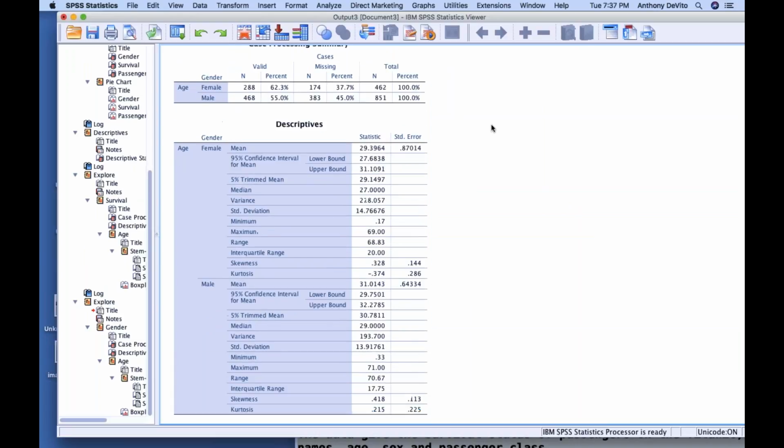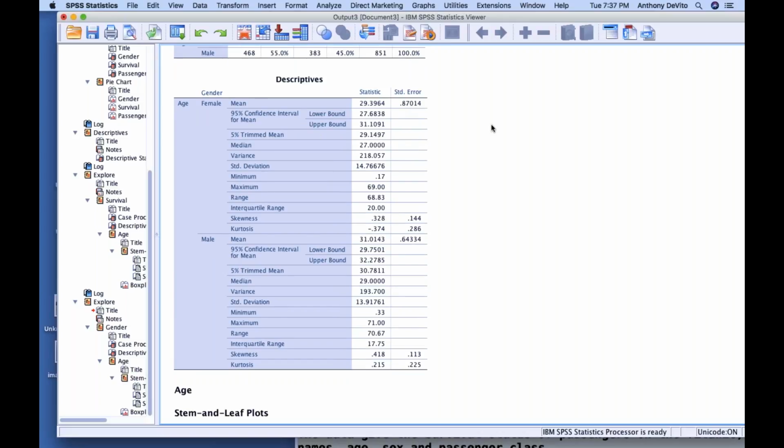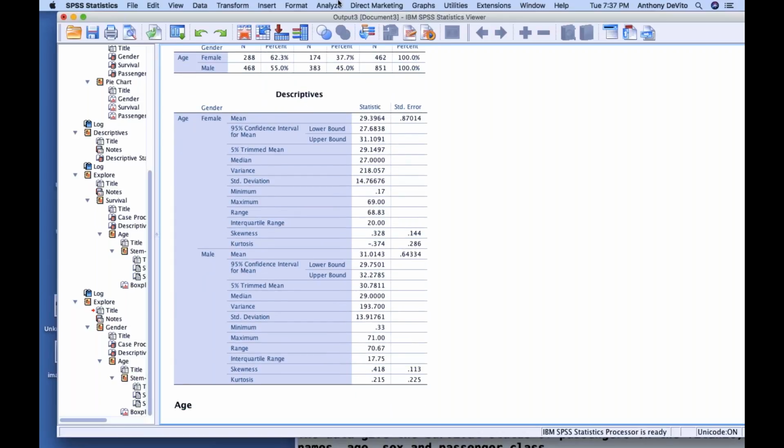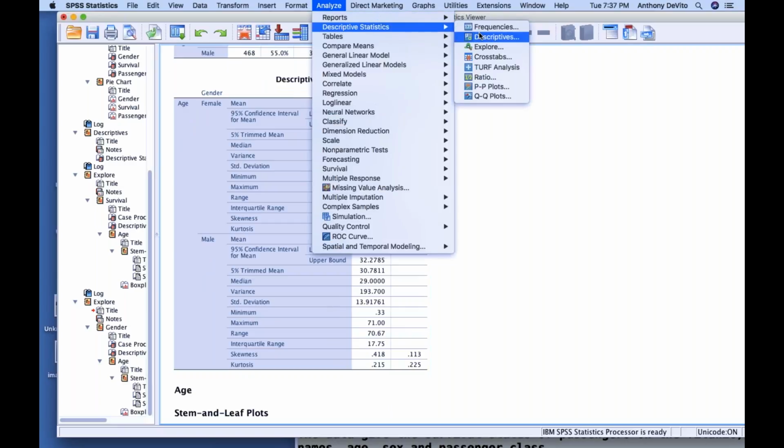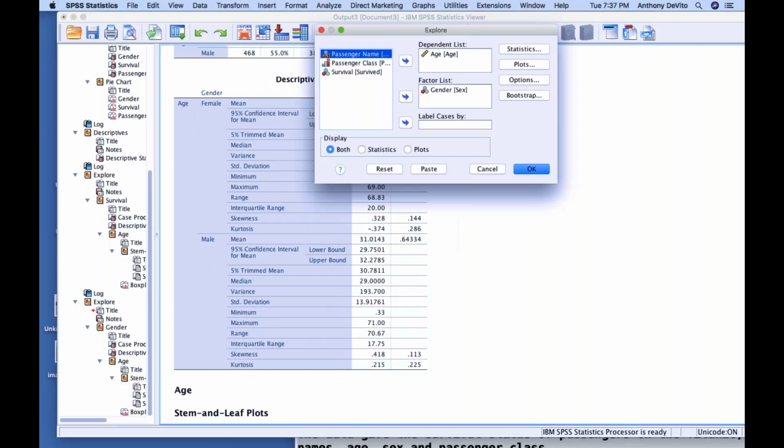I'm sorry, what did I do here? Nope, this is the average age of females and males on the boat, not survivors. Analyze, descriptive statistics, explore. Let me try this again a different way. I'm going to get to the comparison of categorical variables in a second, just once we get off these numerical variables. Instead, I want to take a look at